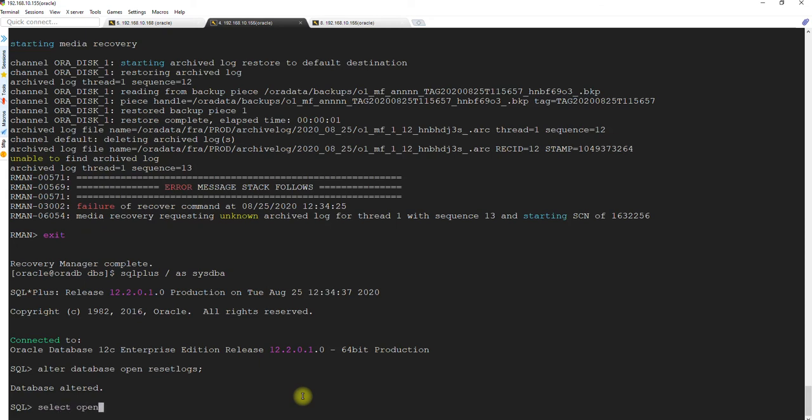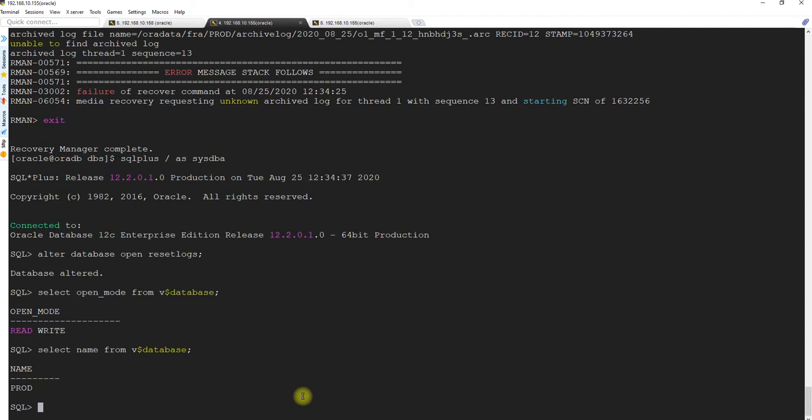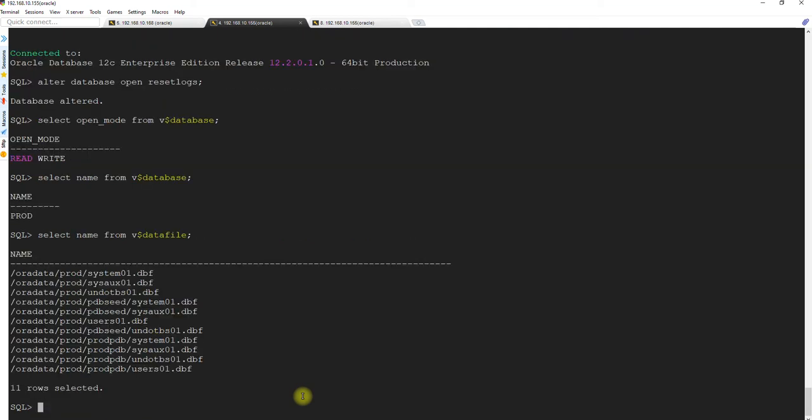Select open_mode from v$database. Select name from v$database. I'm just validating everything. Select name from v$datafile.